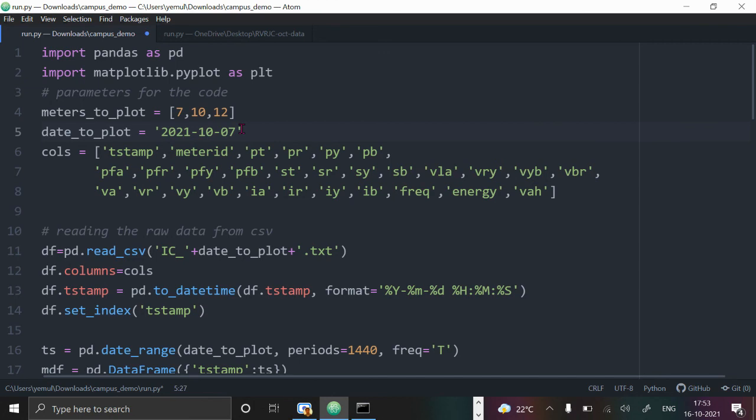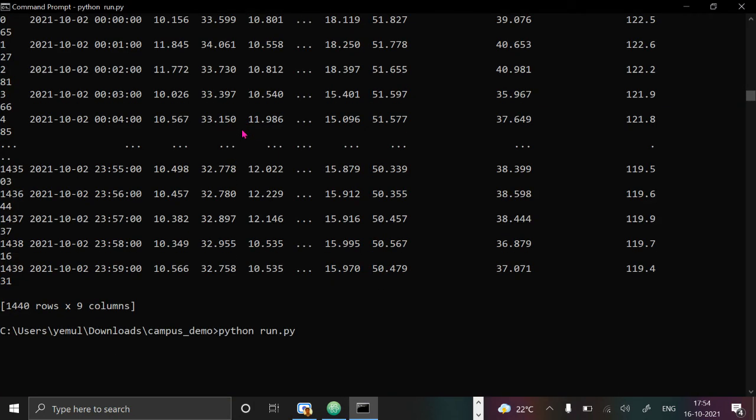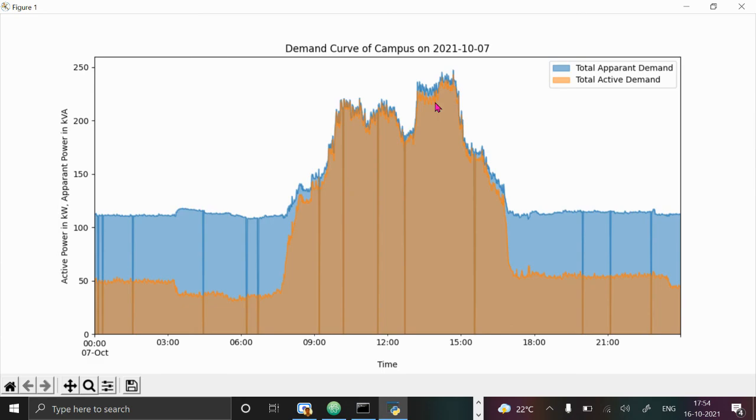Here if I say 7 and run this, I'll get the analysis for another day, that is the 7th. The 7th is also very similar. The story is similar to that of the 8th, because the 7th also is a working day. So in the next video, let us calculate the units. The total number of units we'll calculate from morning till evening.